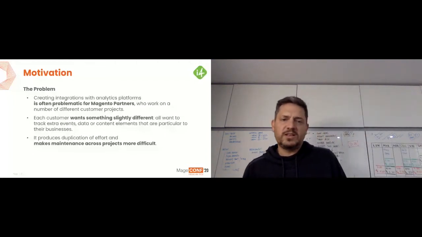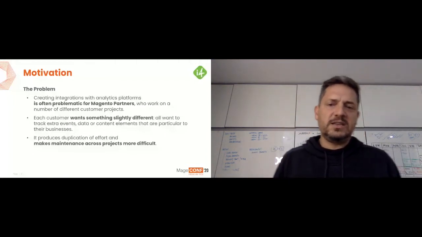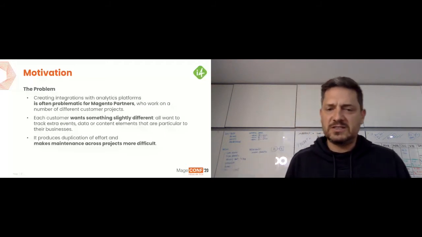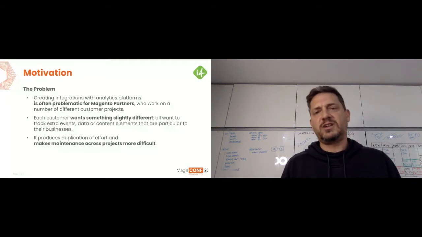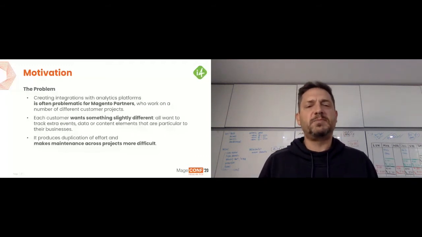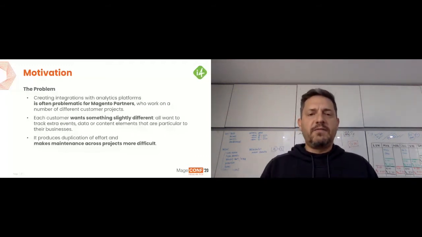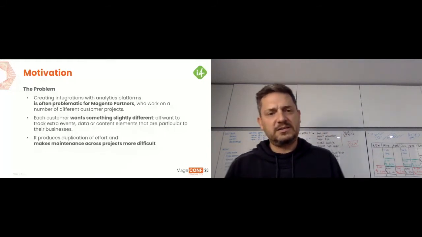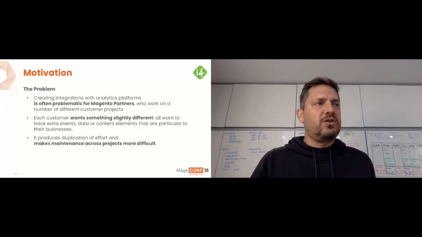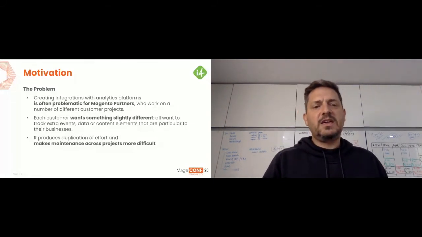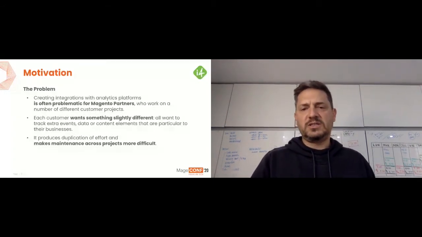So they want to track their events, the data, or the content in a particular way, so it's making us drop so much work, so much effort doing stuff that is specifically done for them, and it's so difficult for us at the end to maintain or even change things across different projects.